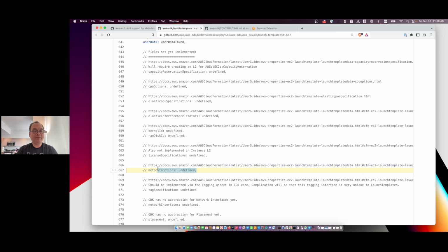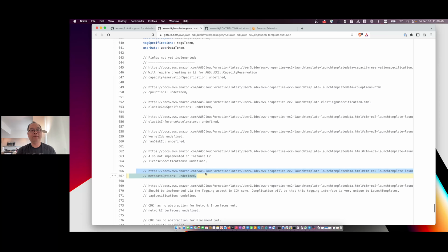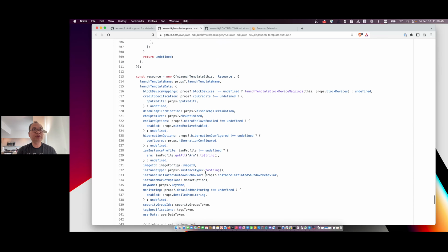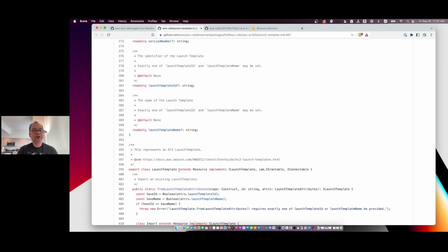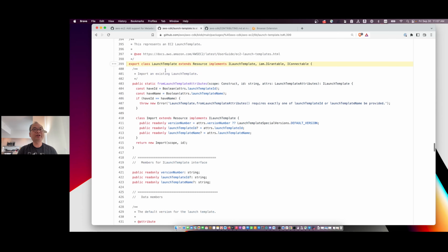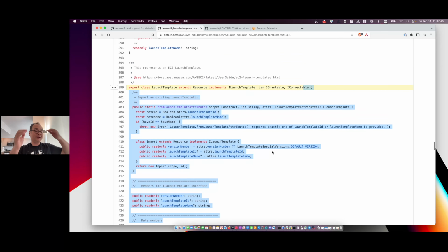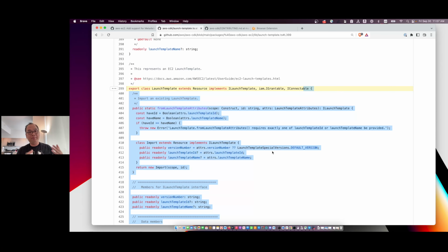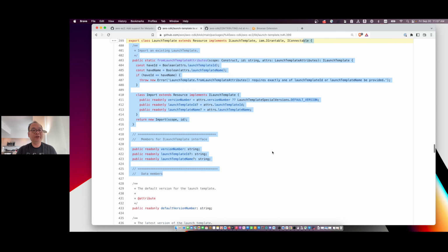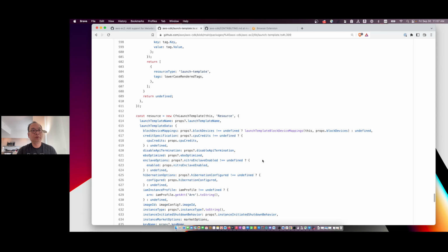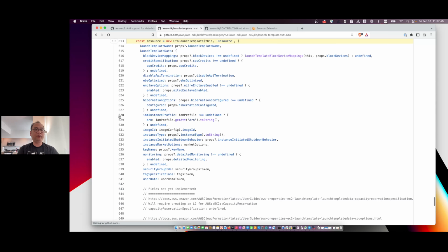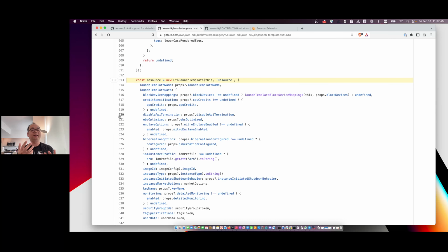Okay, so this is something missing, and people were asking to add it for the L2 construct. If we scroll up a little bit, this is the launchTemplate L2 construct, and this is the construct class. Everything in this construct class is how it was implemented. If we scroll down a little bit, this is the primary L1 resource being created within